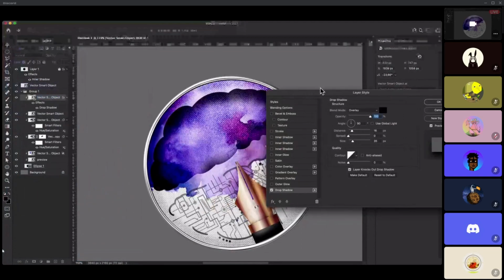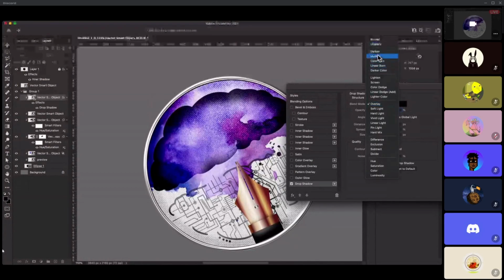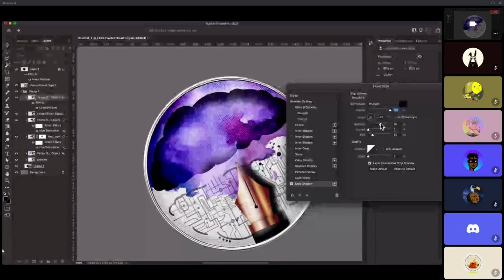I click on drop shadow, and I can simply start moving the shadows, but it won't be on overlay, it will be on multiply. So it creates a strong effect on the actual canvas, because this is the mix of texture and the objects that I was talking about.